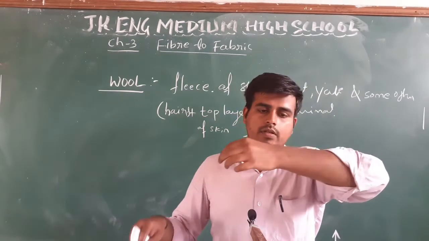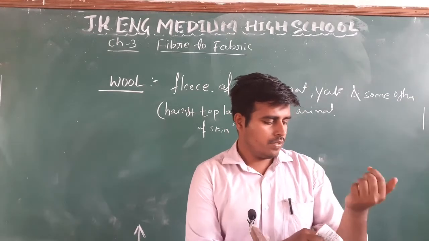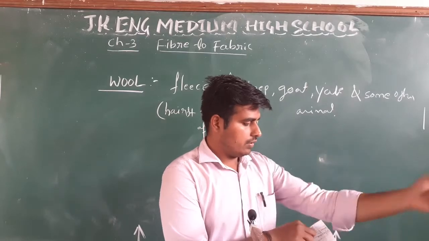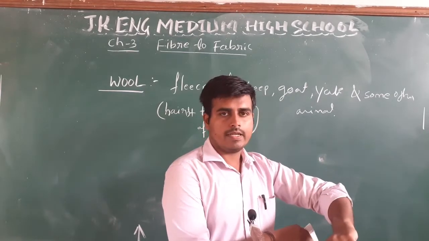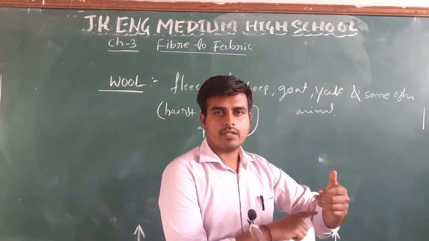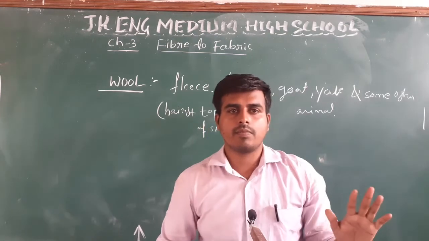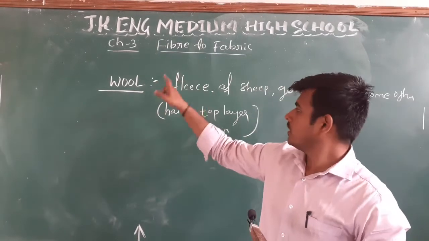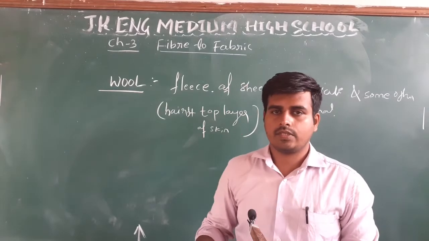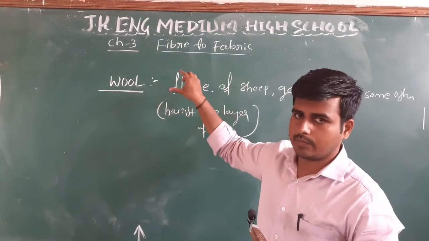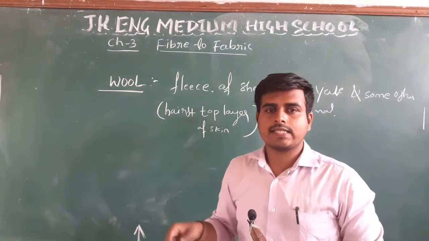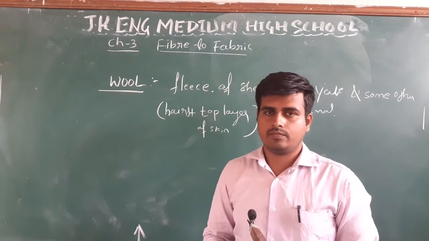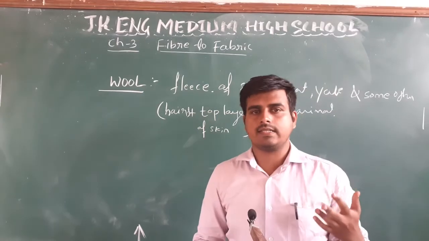But if I take any sharp object and make any damage to my skin, immediately I will feel the pain because nerve cells are present there. But nerve cells are completely absent in hairs, nails, and even in wool. The fleece doesn't contain any nerve cell. It is completely dead cells of the animals. And why are these dead cells present on a living animal? Why do we need these dead cells? Because